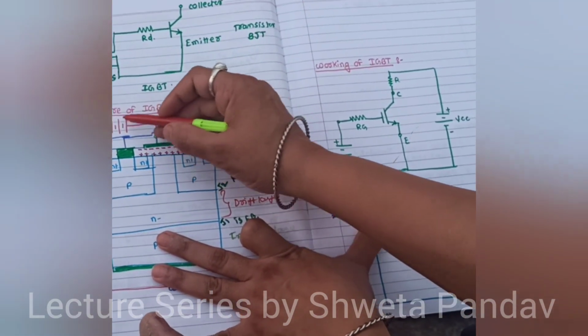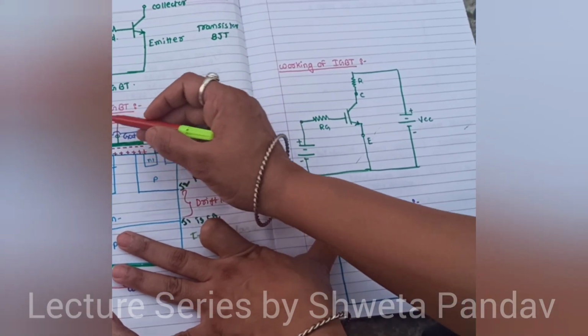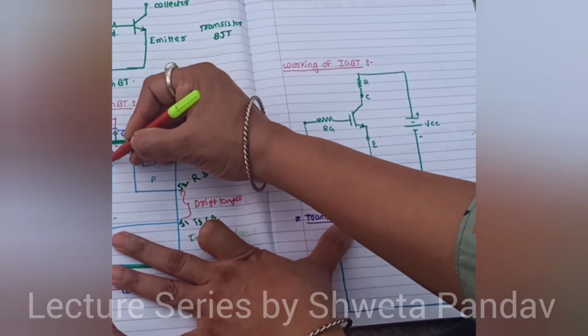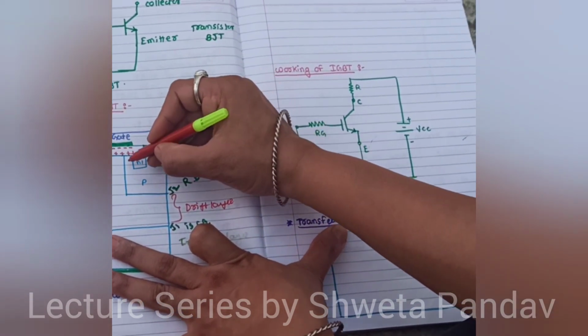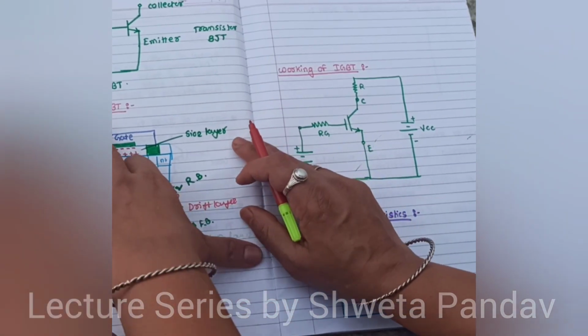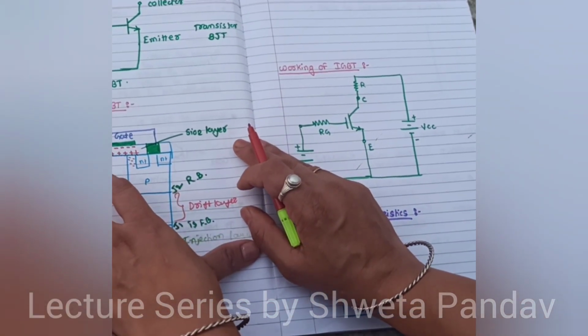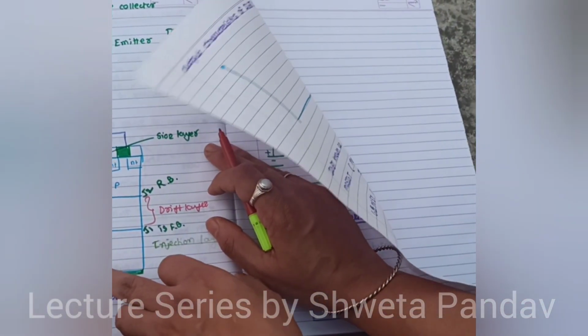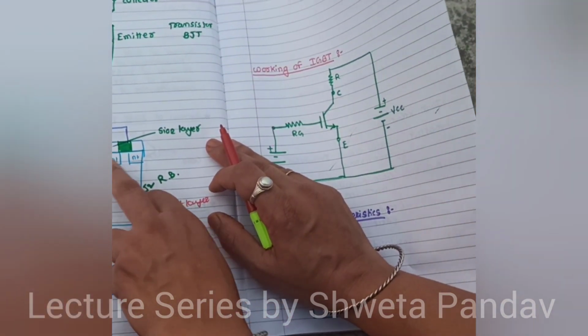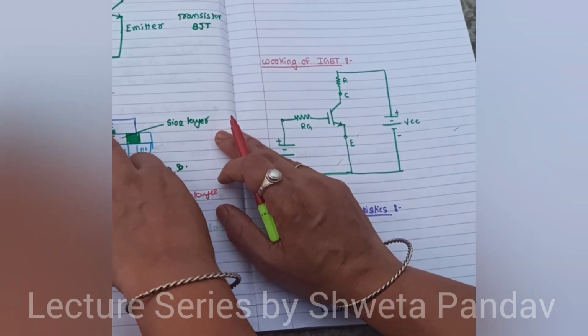This additional voltage supply Vg at the gate terminal induces negative charge in this P region, from this side also and from this side also. Before applying the Vg, there is no path for the current to travel from this P plus region to this N plus region. Now the channel is formed because of the gate supply.